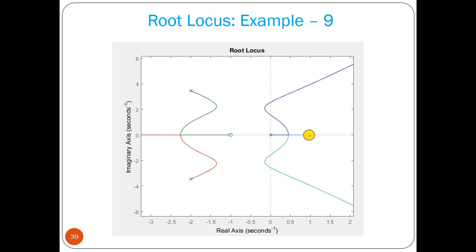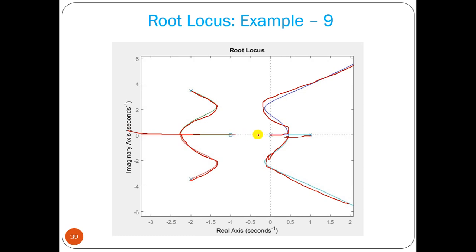This pole comes here, breaks away, crosses the imaginary axis twice, and approaches an infinite zero. This one departs at that angle, it is going like that, but it should come here, so it comes this way, then goes into the finite zero. This one is also like that, and it goes to an infinite zero.